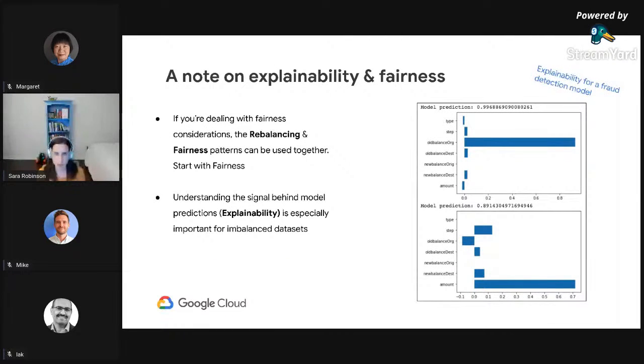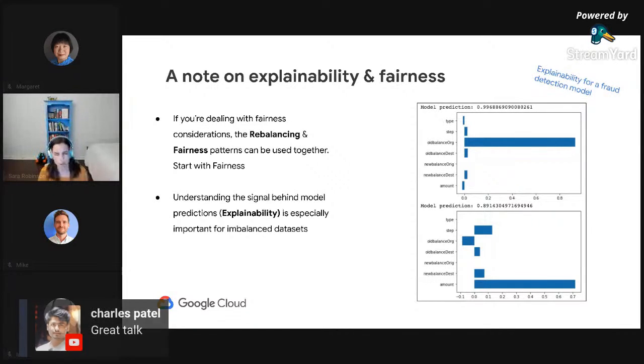And then just to wrap up, a quick note on explainability and fairness. So if your data set is dealing with fairness considerations, then the rebalancing pattern is one possible solution, assuming that you have made sure that you have collected all the possible data that you can and that your data set accurately reflects the population. If you've done all that and you still see that the data set is heavily imbalanced, then the rebalancing pattern can be really helpful. And then another